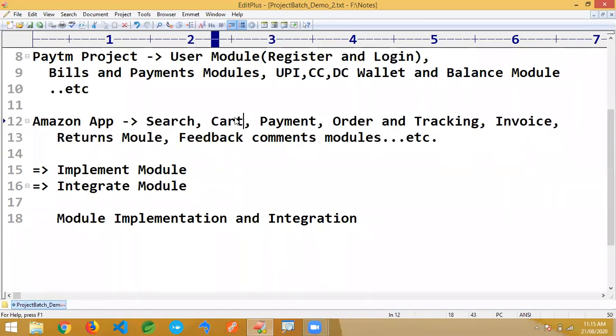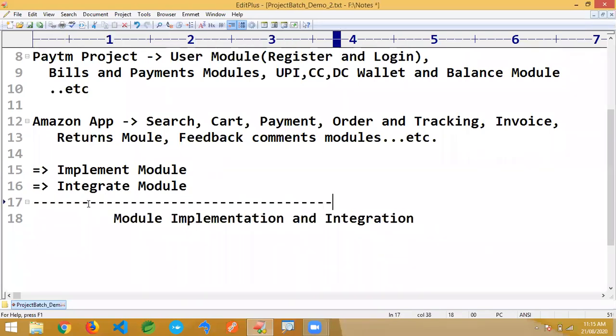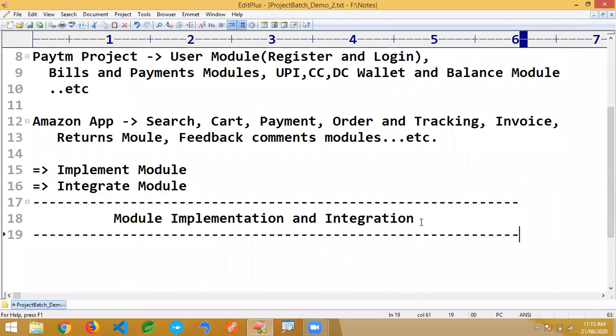It's done by one developer, and payment is done by another developer. Finally, the cart items and their costs must be paid for here. Like that, they are integrated. That's called module implementation and integration. How to implement a module and how to integrate one module with another are the two important things we should have clarity on while developing any project.